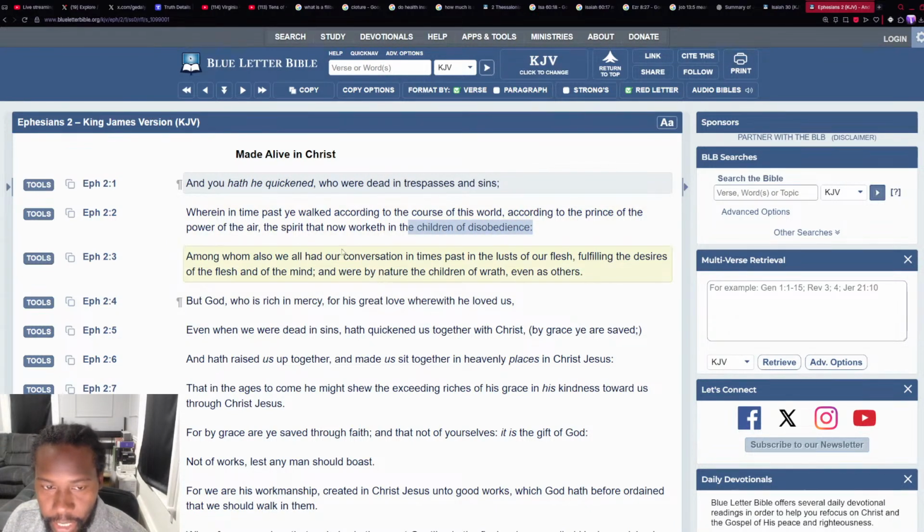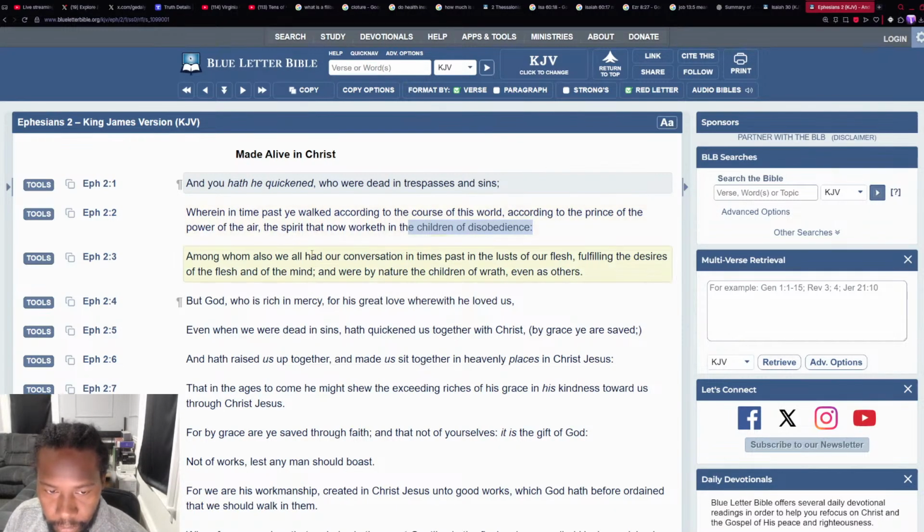Prince of the power of the air is talking about Esau. Okay, ultimately it's Satan, but he's the one that is pushing his vibration down here on the earth. That's who Satan's using, the children of disobedience. It's also ultimately Esau, but then it trickles down to the rest of the heathen nations and 2/3 of our people,